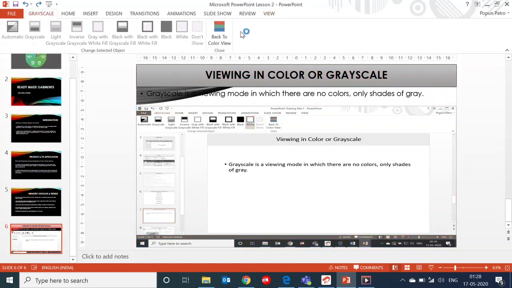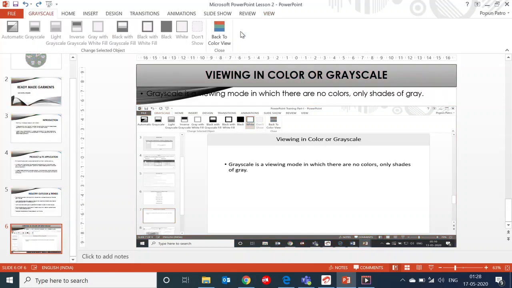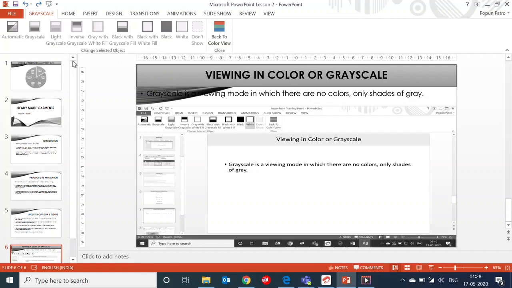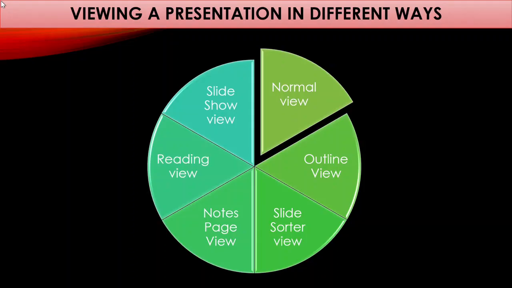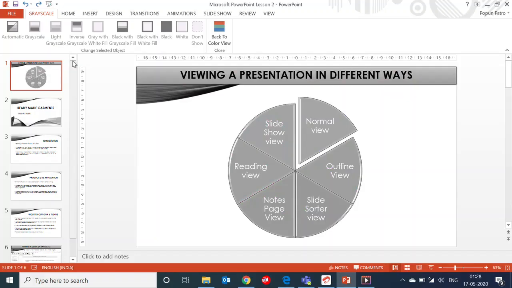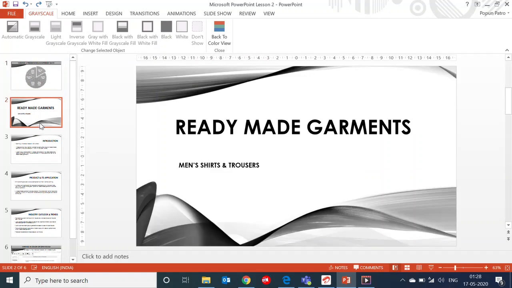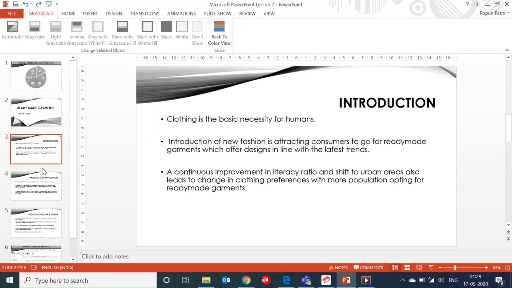Click on the grayscale option. Look, all your slides look black and white. Previously it was colorful, now it is black and white.